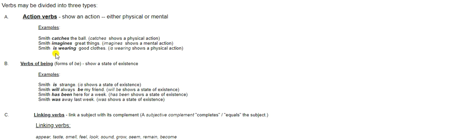These little helping verbs usually tell you when the verb is happening, but they are still part of the verb, an important part, and the sentence wouldn't make sense without them. So those are action verbs. Now let's look at verbs of being. These are all forms of the word be, okay? And of course this is where English can get a little bit confusing.